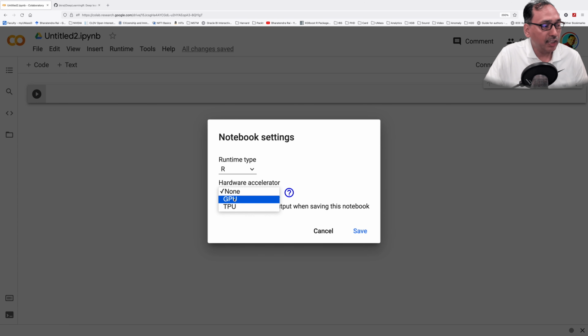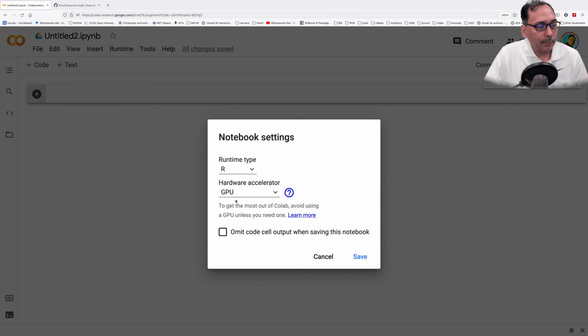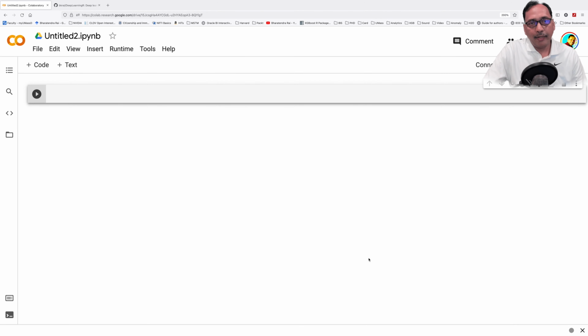So you can go with GPU or even TPU. I'm going to just select GPU right now because I'm planning to run a small deep learning model, and then hit save.